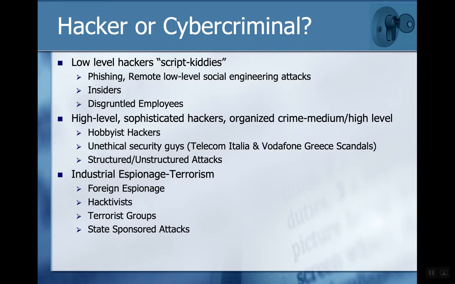And then specifically, what we've seen is this industrial espionage terrorism kind of mode. Seen a lot of it in interactions between Russia and their former Soviet bloc. So there's been a lot of activity between Ukraine and Russia, and also Georgia and some other areas